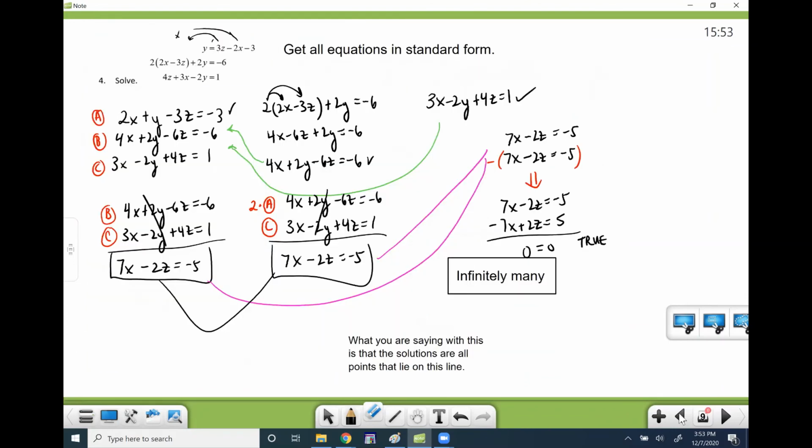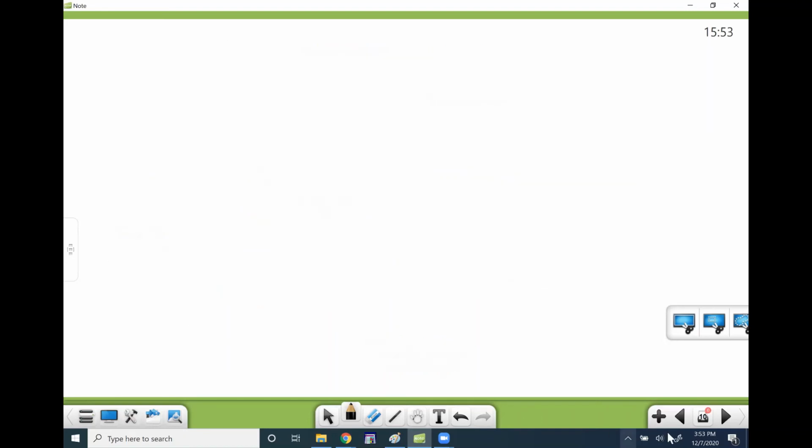So I wanted to go back to that one, this guy. And I totally described the infinitely many incorrectly, but we're going to spend a long time on it because I want to make sure you're good at it. And they gave horrible numbers on this one to where you're like, kind of dying because they're fractions. So I'm going to go slowly to make sure that you understand how they explain the infinitely many. Okay. So let me grab